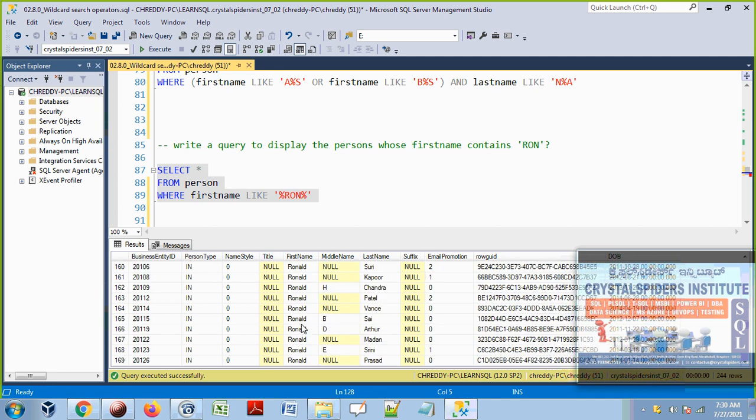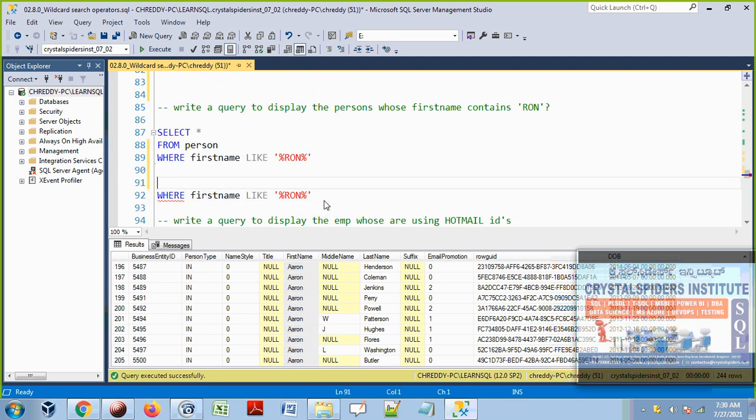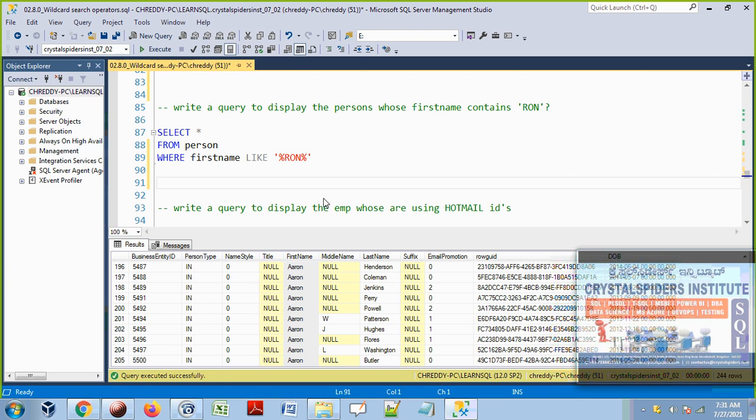Byron, RON is there. Ronald, starts with RON. And Sharon, Aaron, RON is at the end. See all these people, in their first name we can see RON, three characters side by side. Okay. So this is the wildcard search operator, the percentage.